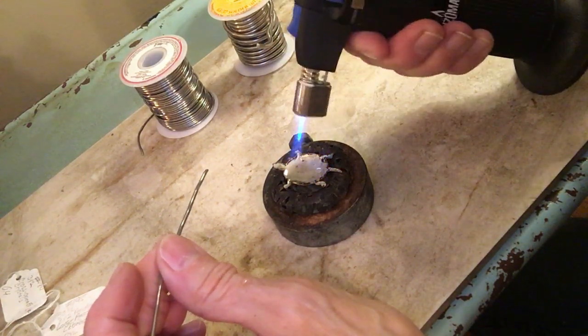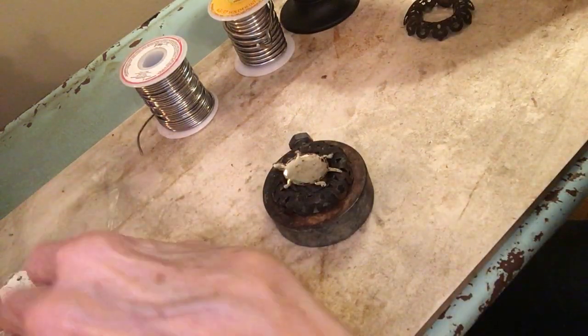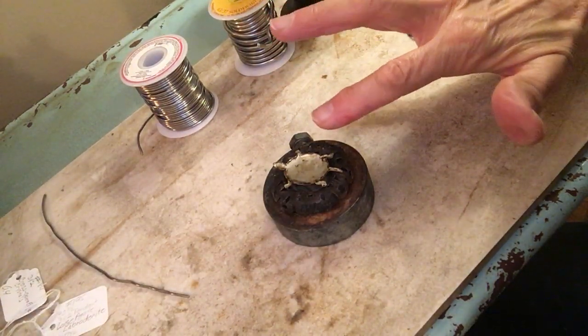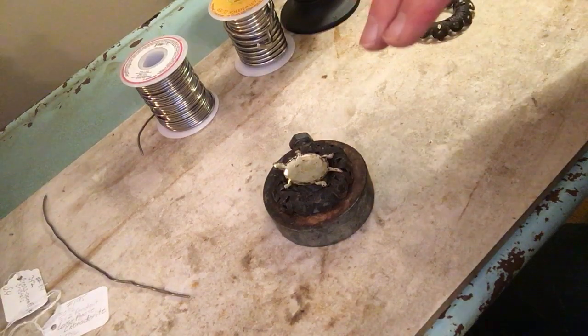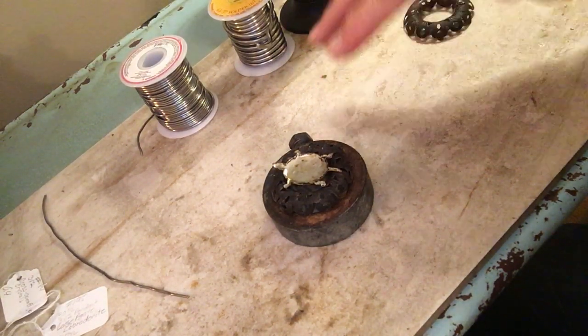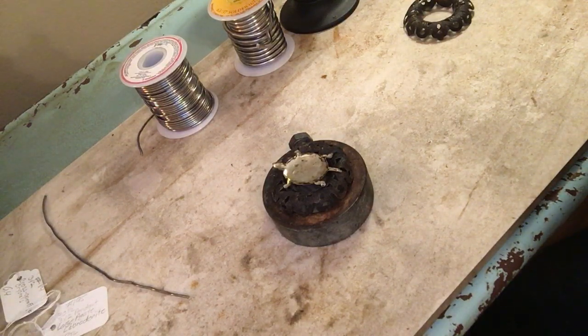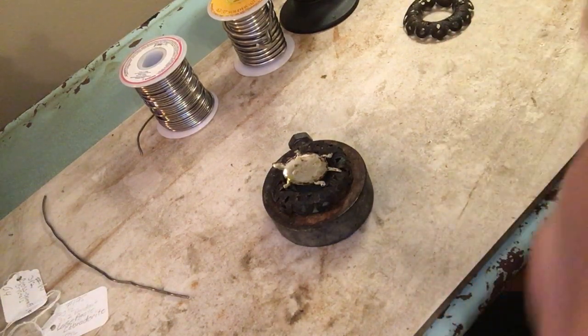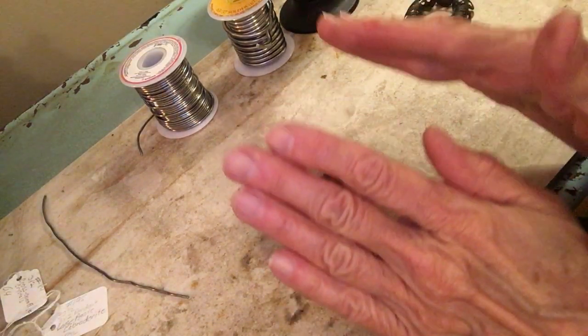Now, for me, this has been a very successful way to solder pieces and have it not drip to the front. I have tried everything. And I'm not saying that I don't still get a few accidents every now and then, because I do. However, not very often since I've been doing it like this. Now, I'm going to show you a piece that this technique